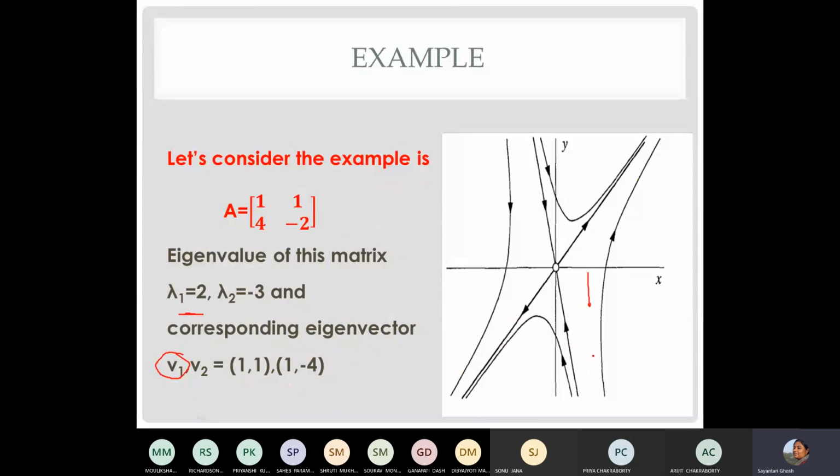Very fine. Now, how will I understand the dynamics of the system? Because my first eigenvalue is 2 and it is positive. And for positive eigenvalues, we saw that it is not going to converge, it is going to diverge always. So I will put 2 diverging arrows like this on these eigendirections because it is positive.